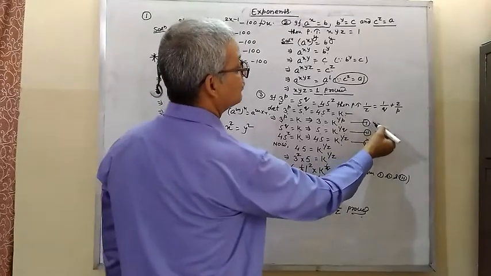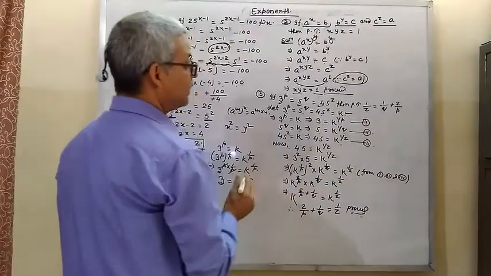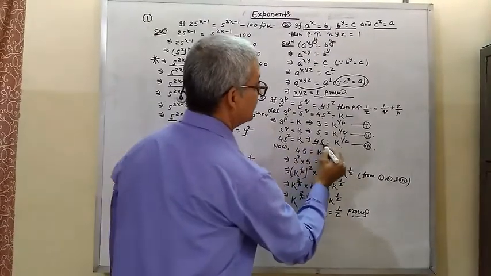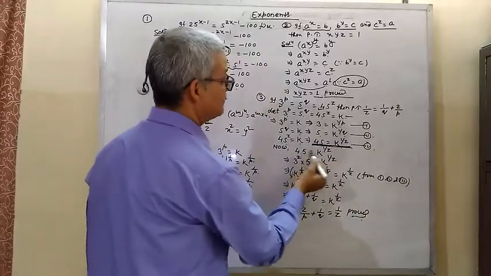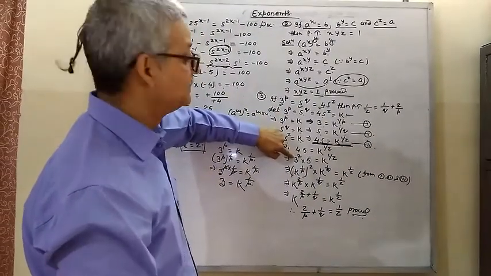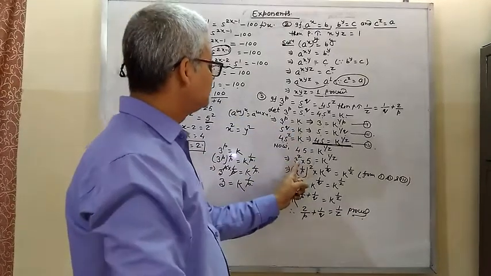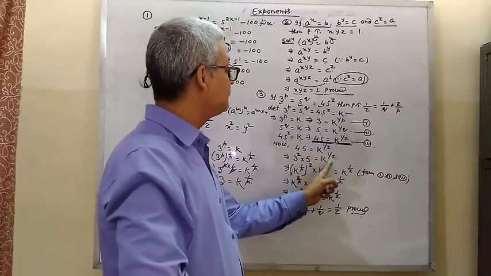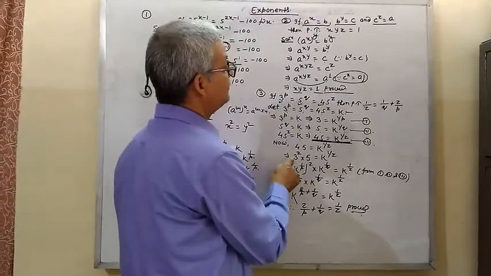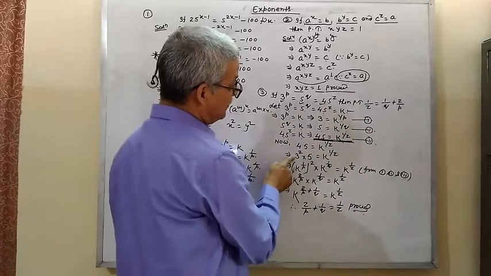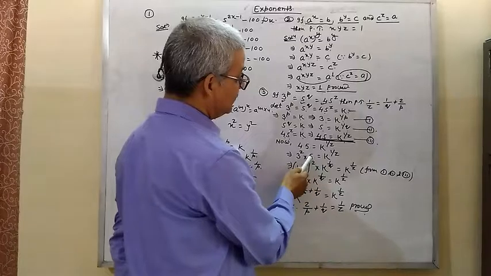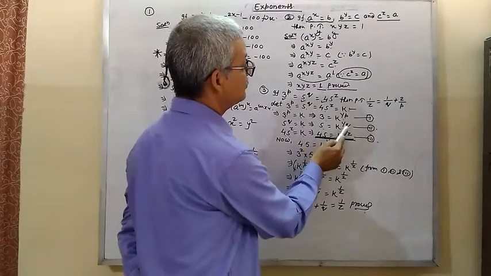Now these are equations 1, 2 and 3. Now 45 is equal to k to the power 1 by z. This relation we have taken. 45 can be written as 3 square into 5, since 3 square is 9 and 9 into 5 is 45. So 3 square into 5 is equal to k to the power 1 by z. Now you see here, 3 can be written as k to the power 1 by p. So in place of this 3, put k to the power 1 by p, whole square, into, in place of 5, k to the power 1 by q.